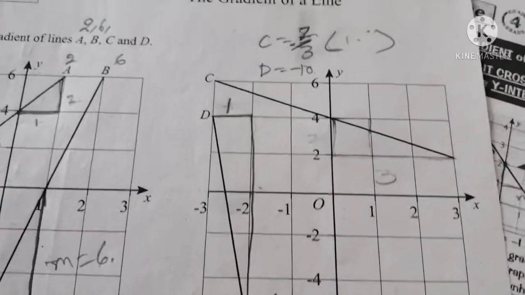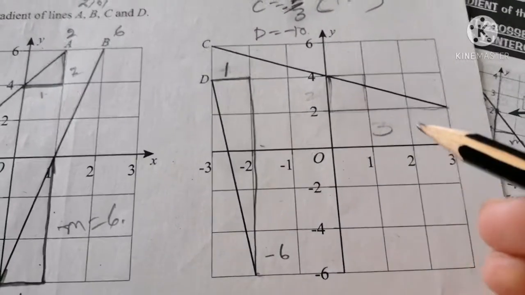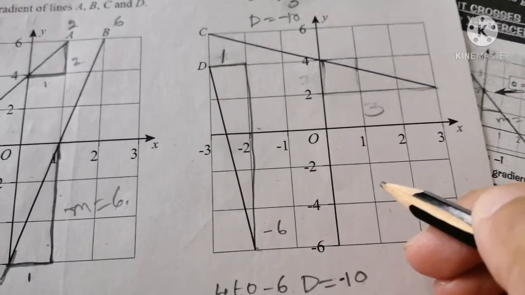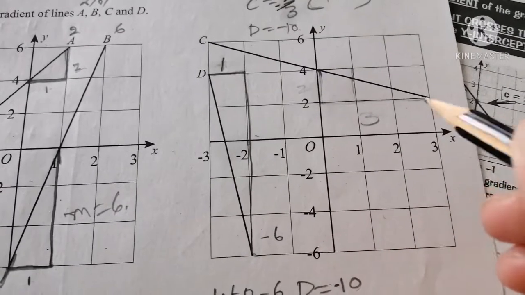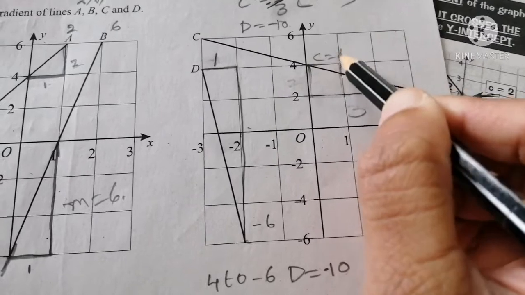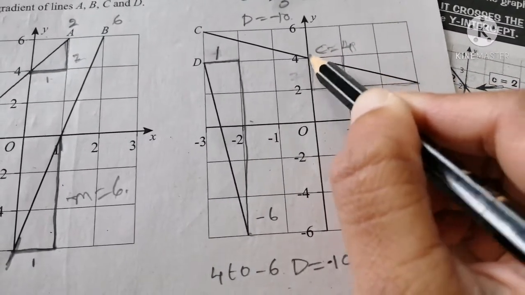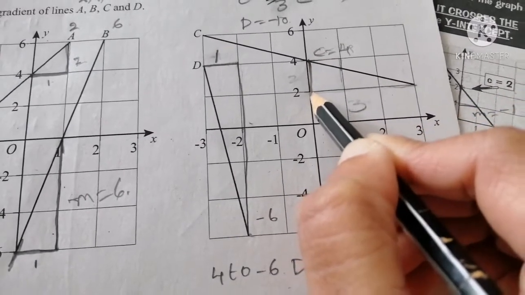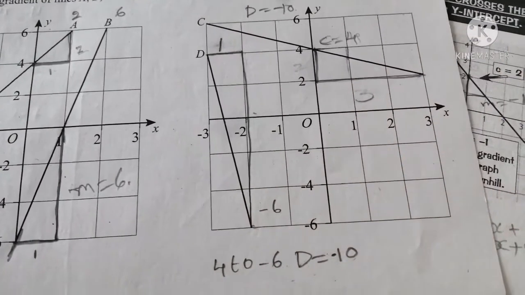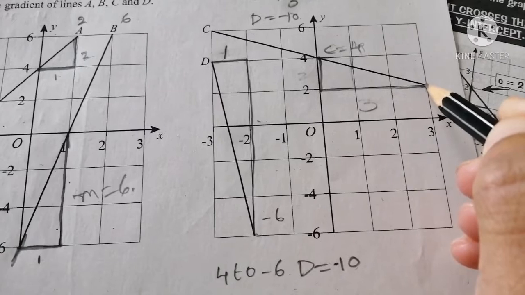Here, it is quite difficult for some people, but sometimes we will get this type of hard question as well. So here, what is c? c equal to 4. First we need to find where the y-intercept point is, and then one line, and then you need to form a triangle until it touches the straight line.